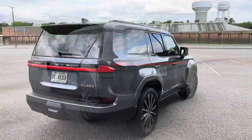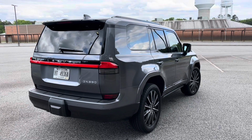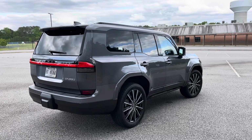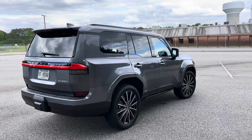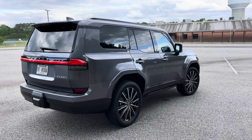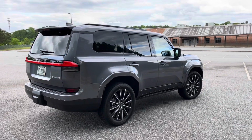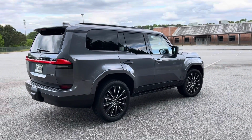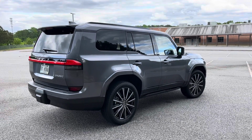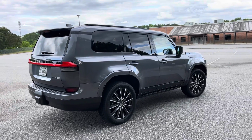As I mentioned, this is a Luxury Plus model, so there's essentially three main grades and then a Plus version of each for the new GX. You can start off with the Premium grade, which has a Premium Plus option there, then the Luxury Plus here, or the Overtrail or Overtrail Plus, which adds a totally different flavor. So this Luxury Plus would be the most luxurious offering, I guess you could say, on the range-topping luxury end, and then Overtrail Plus being the most luxurious off-road type grade that you may see in press releases and press